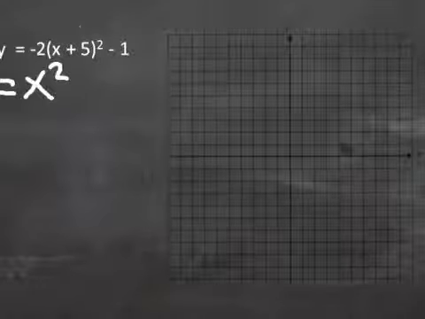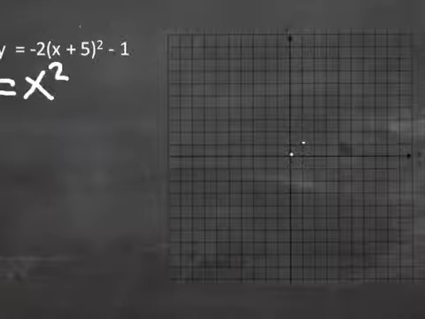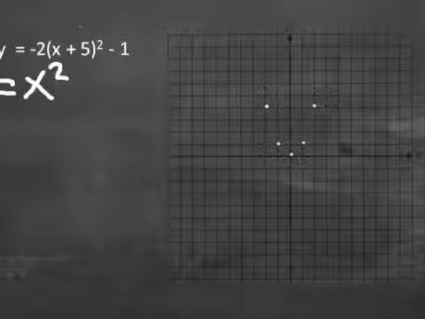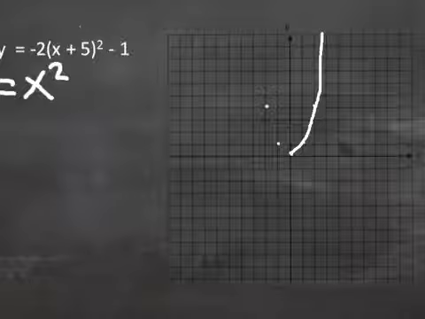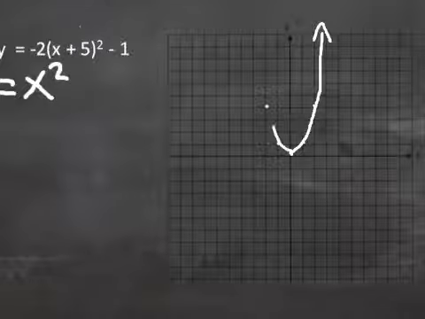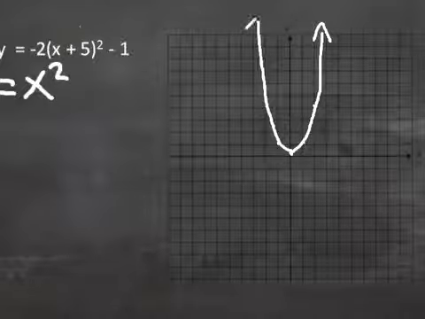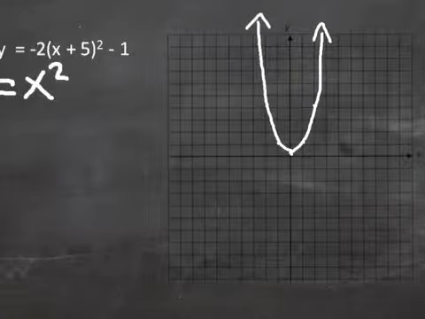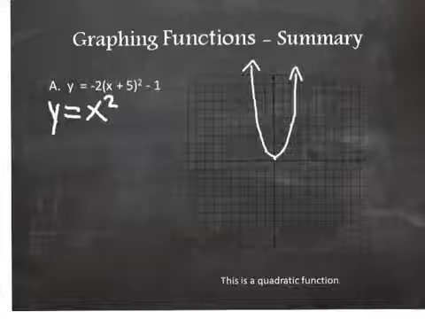The vertex is at 0, 0 on the parent function. And then from there, 1, 1, negative 1, 1, 2 and 4, negative 2 and 4. So there's the parent function. Now we use that to get